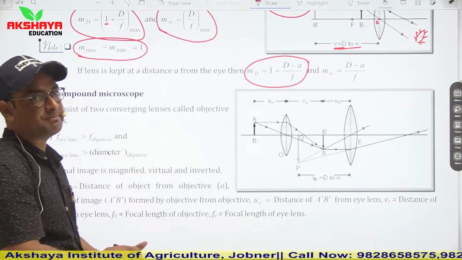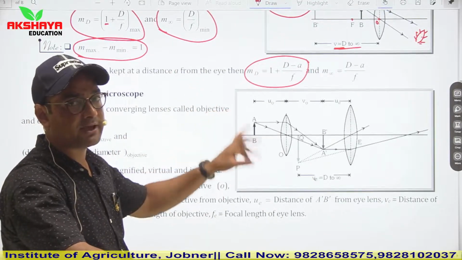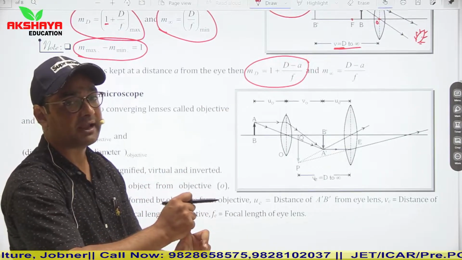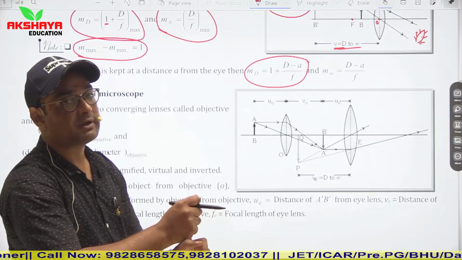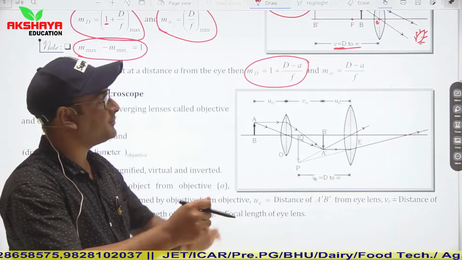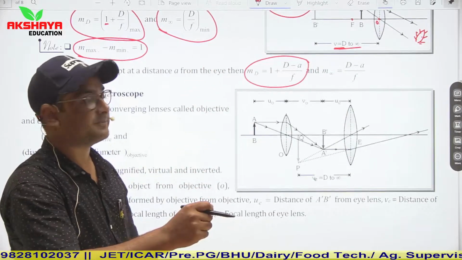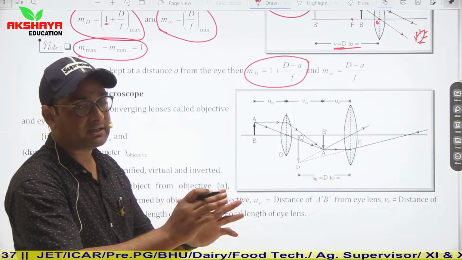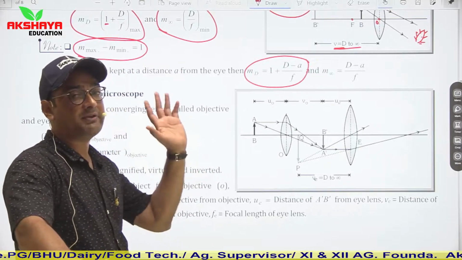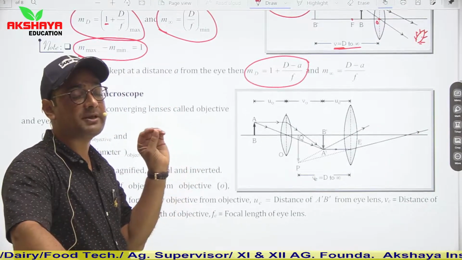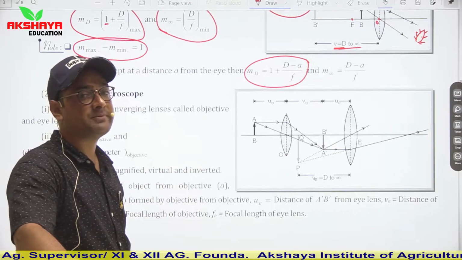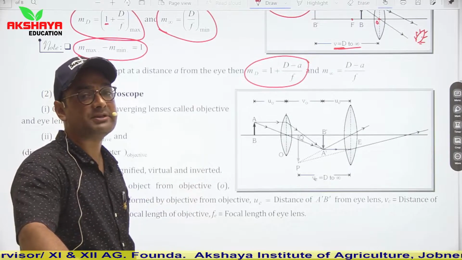So this is all about the simple microscope. Basically we have seen in simple microscope that a single convex lens is used. It is also known as a magnifying glass or reading glass. Here image is virtual, erect and enlarged. Object is placed between focus and optical center. So this is the general concept. Another factor to keep in mind for either microscope is that magnification is maximum when image is formed at virtual capital D, least distance of distinct vision, and magnification is minimum when image is formed at infinity.